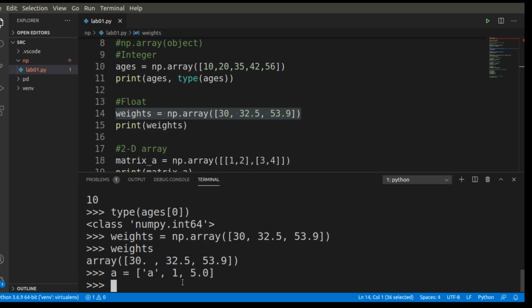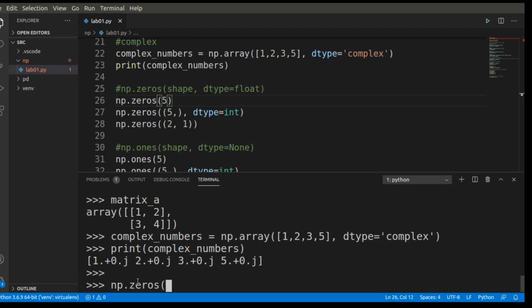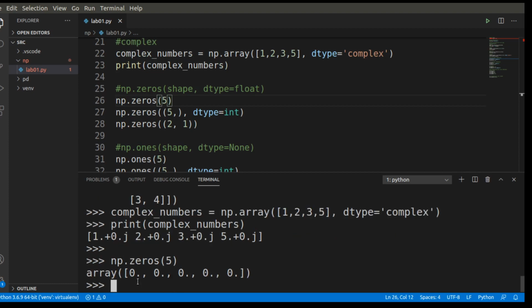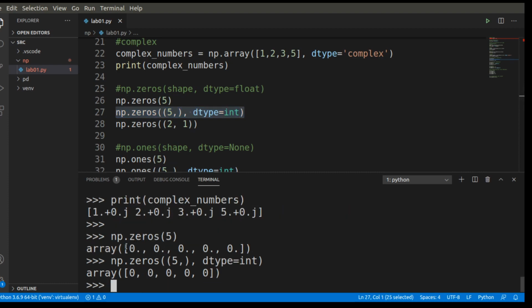So let me create one other array. I'm passing 5 as an argument value to np.zeros. Let us check what it's giving. So it generated 5 zeros. So this is the first element, the second element, third, fourth, fifth element. np.zeros generates the 5 elements. Let me create another zeros with data type. See, by default it is taking float values. Please remember that np.zeros will take the default data type as float, and now in np.zeros(5), I explicitly give dtype equal to int. That means it is giving only zeros. It didn't give any 0.something.